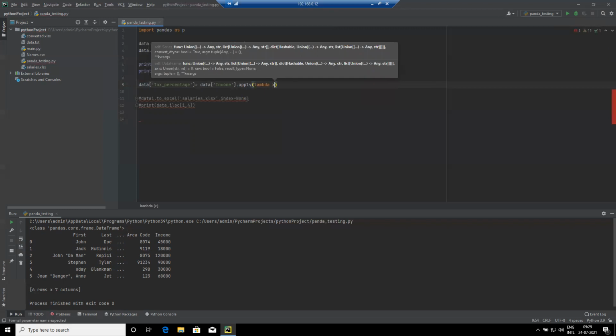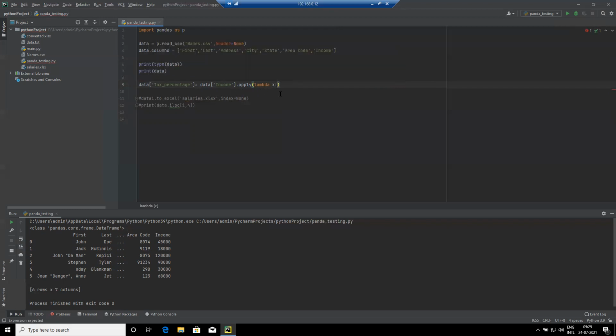So x refers to individual elements of all these income rows. Whenever we are iterating through all the rows, the individual income value is treated as x here.